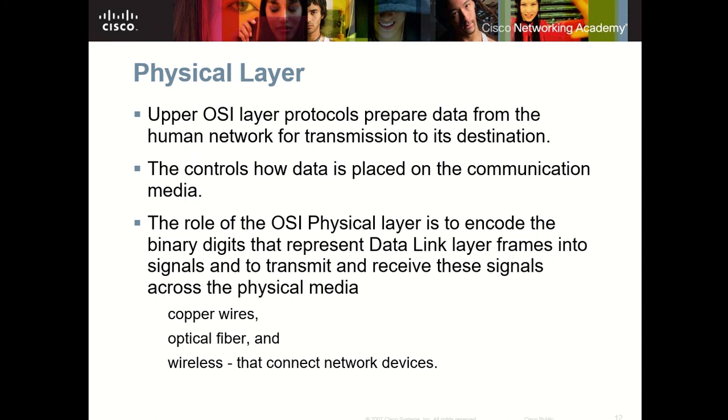So the physical layer controls how data is placed on the communication media. So si physical pod ang bahala, no, kung unsaon niya pag-place sa data dito sa media. So it is to encode the binary digits that represent data link layer frames into signals and to transmit and receive these signals across the physical media. So basically,